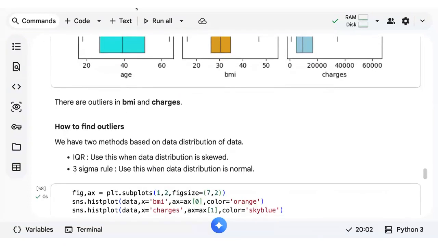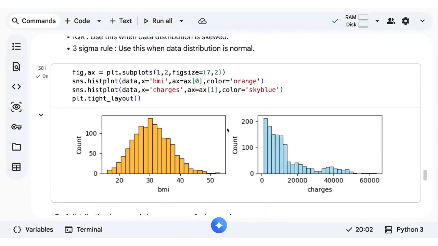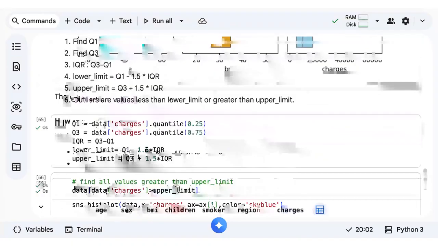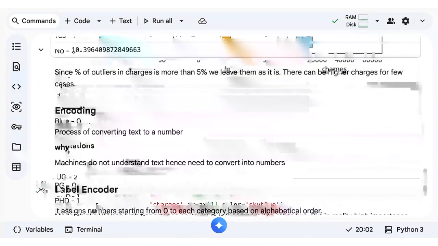The same steps have to be followed whether it's a regression or a classification. So I'm going slow. One project is enough to understand how it works. Same way you can try building different projects. Only the model building will be different for different things. That's it. Okay, and I guess we were doing encoding, right?